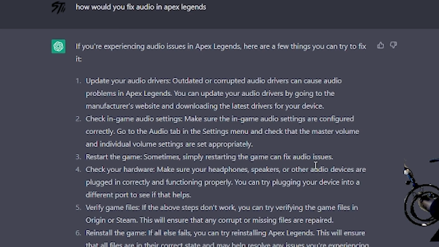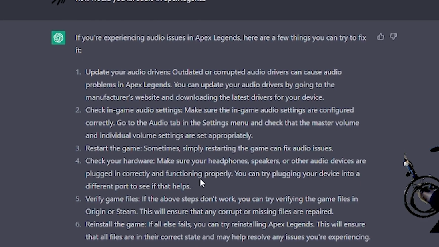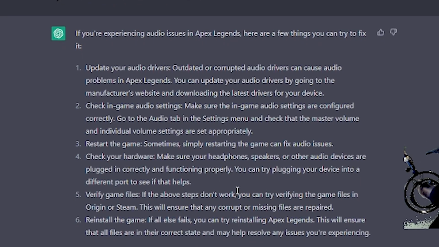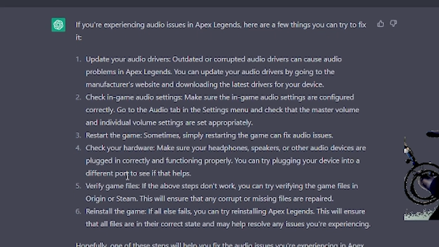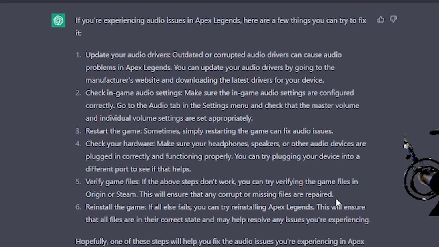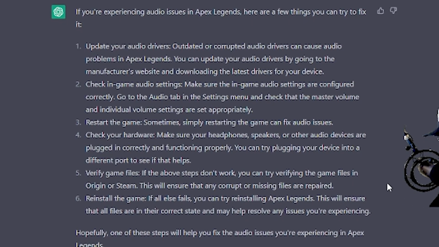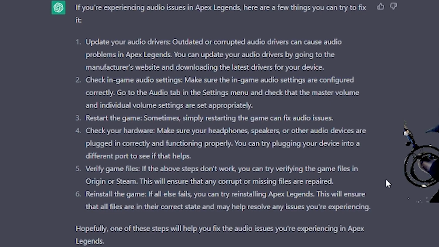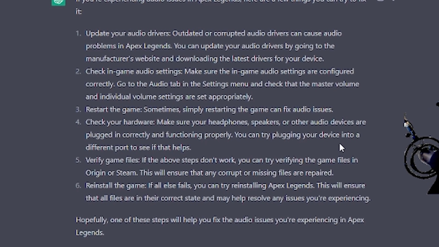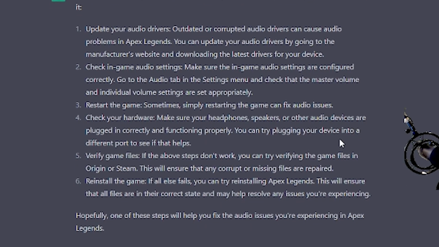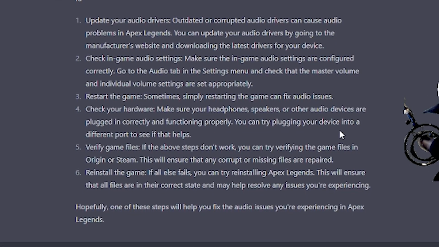Restart the game. Sometimes simply restarting the game can fix audio issues. Check your hardware. Make sure your headphones, speakers, or other audio devices are plugged in correctly and functioning properly. You can try plugging your device into a different port to see if that helps. Okay? Verify game files. If the above steps don't work, you can try verifying the game files in Origin or Steam. This will ensure that any corrupt or missing files are repaired. Reinstall the game if all else fails. Try reinstalling Apex Legends. This will ensure that all files are in their correct state and may help resolve any issues that you're experiencing. Hopefully one of these steps will help you fix the audio issues you're experiencing in Apex